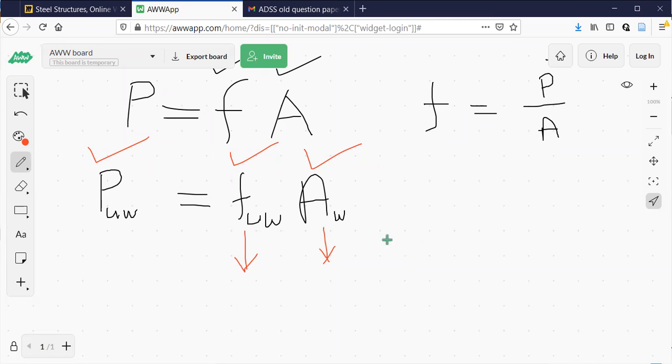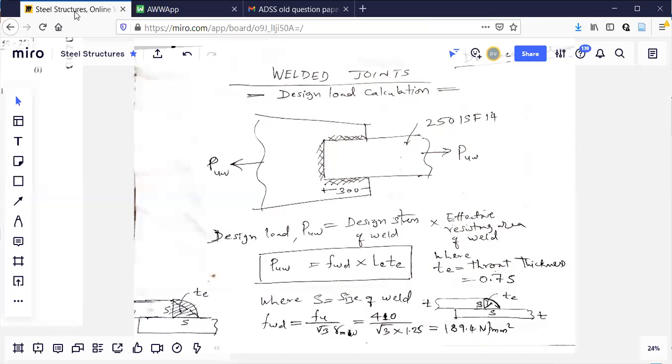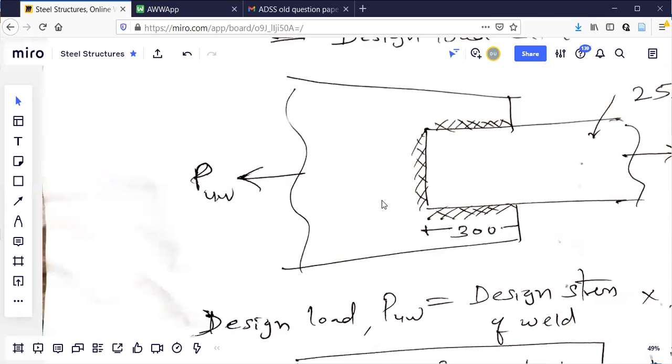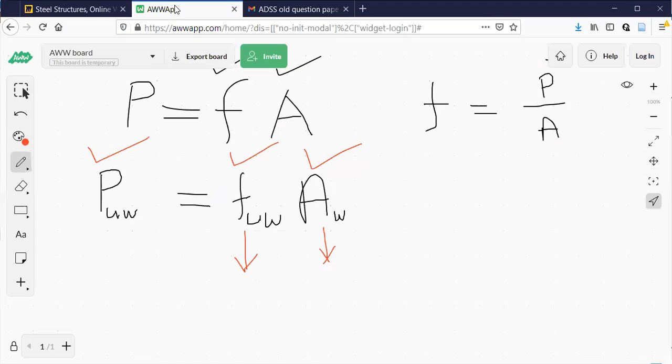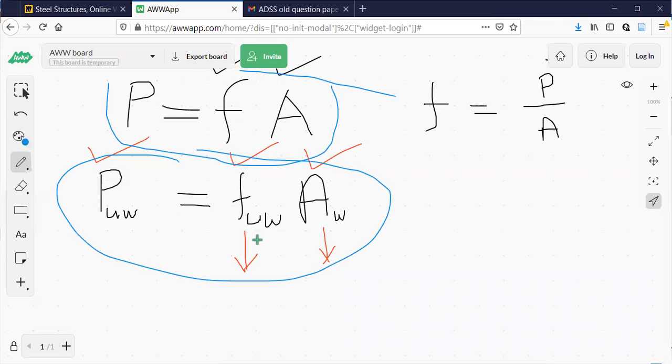So here what they have done here is, just observe. I have started with a very basic welded connection. As I told you, I started with a very basic strength of material equation. You can see this. Then I converted it into welds. Now I'm going to tell you what is this and what is this, so that I can directly solve one problem here. Now observe this.